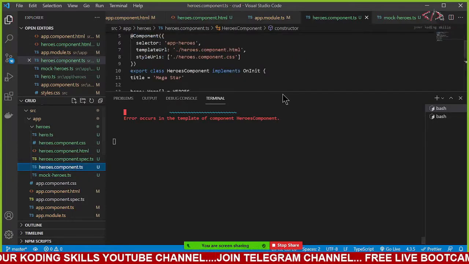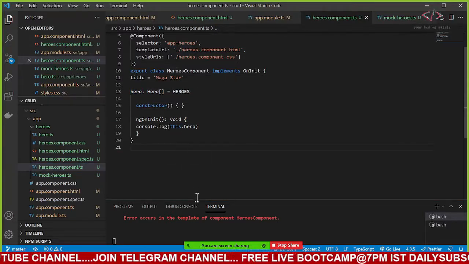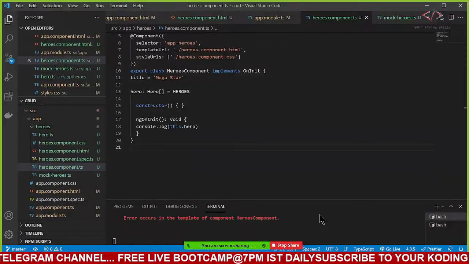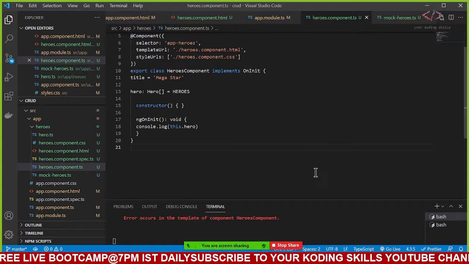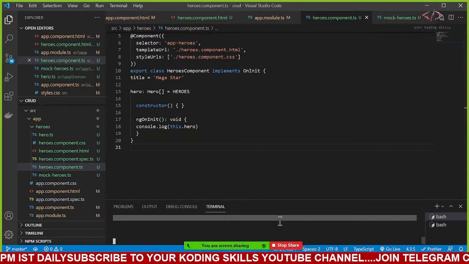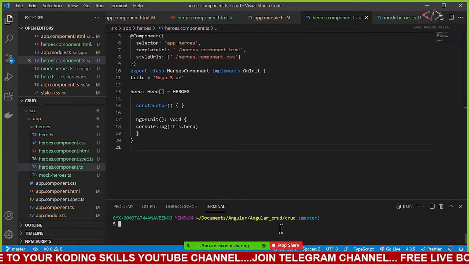Now here it says hero. Why does it give us errors? Let me close this one and restart it. Oh my god, something is wrong. Here I say ng serve.